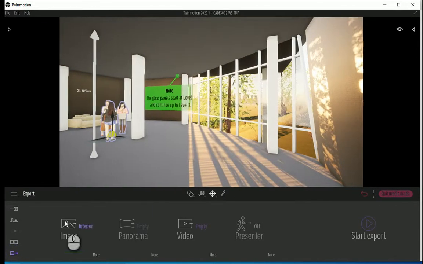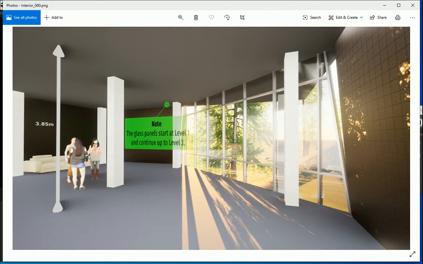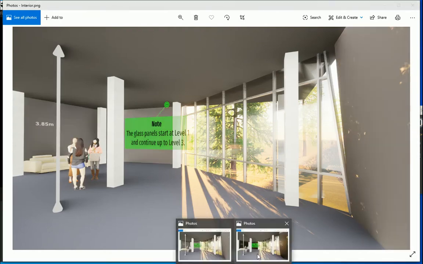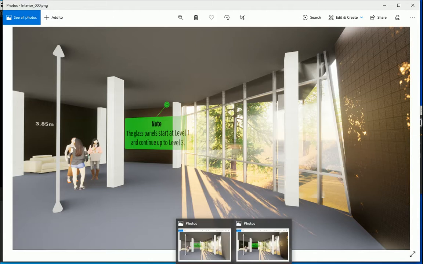Okay, I'm gonna export it again. You don't need to rename the image, it's gonna automatically rename the image. It's not going to override it, so it's gonna keep all your exports. You can keep a few alternatives and show them to the client and see which one they like.